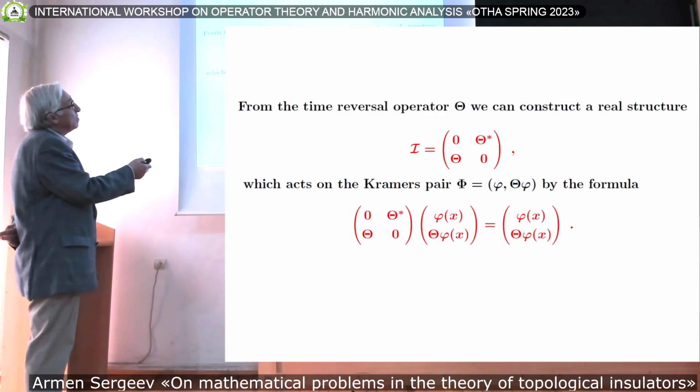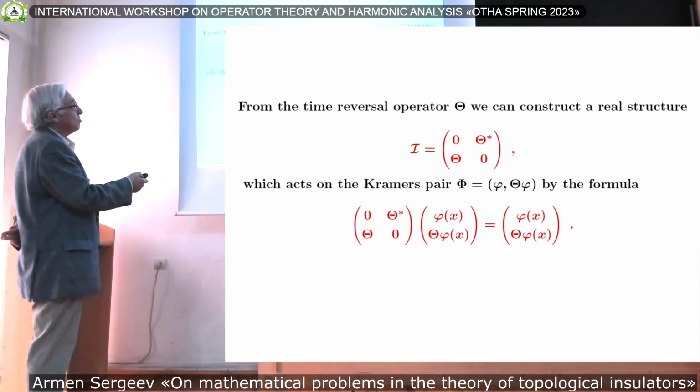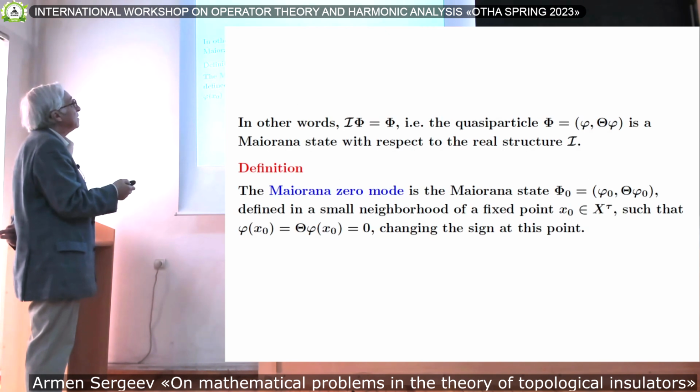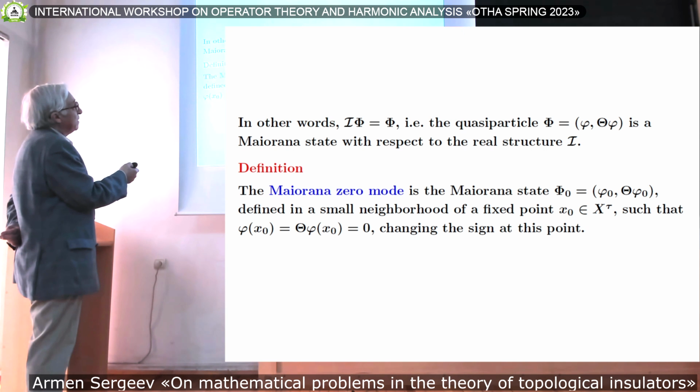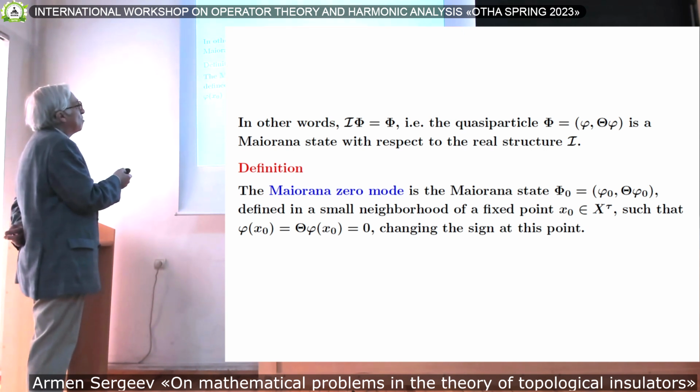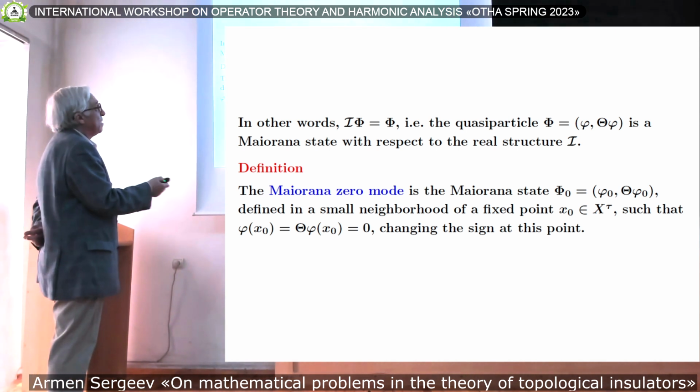Having the time reversal operator, it's easy to construct this real structure, which acts on the Kramers pair by the following formula. So you see that this pair is stable under this. So this is a Majorana state. So this quasi-particle is a Majorana state. We can localize this definition, called a Majorana zero mode, the Majorana state phi sub 0, defined in a